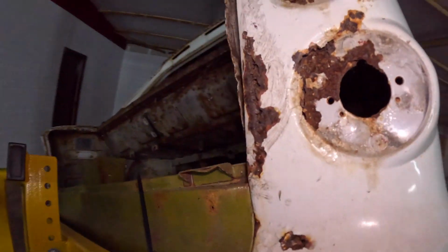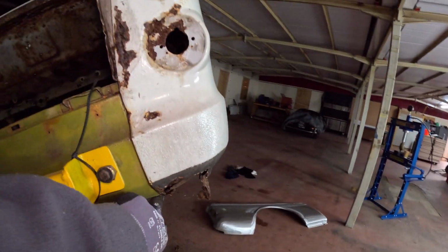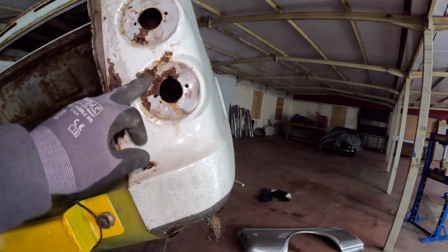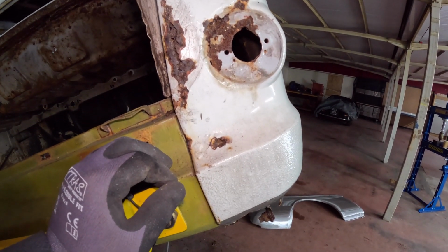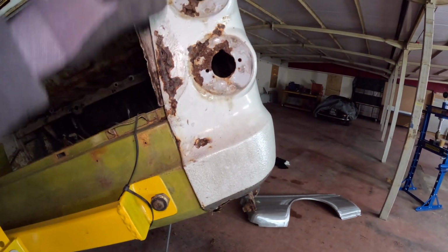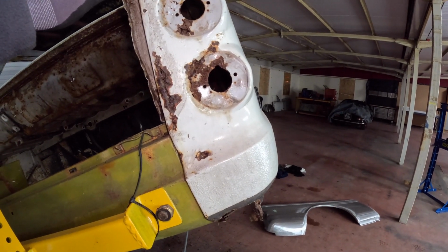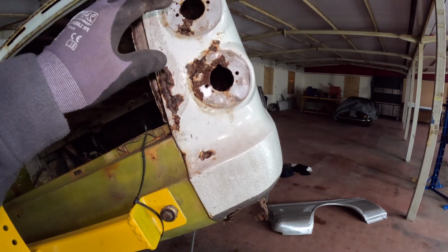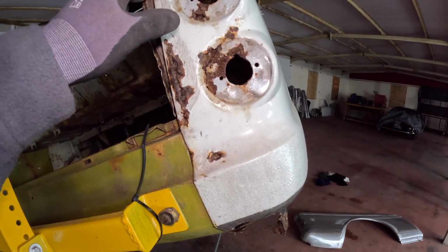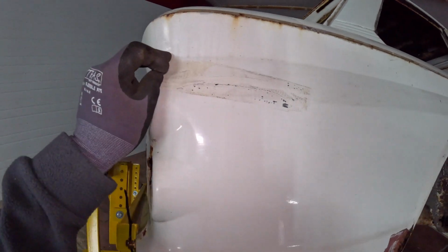And as we come round into here, once again we're spot welded down here, which when it comes off allows you to get to the inner skin and replace any rot in there. That you will see on my maroon chamois DDG 220C on helmetamp.org. You'll see this section at the back completely naked, and I literally had to cut away. Almost the lights were gone and I had to make that section on the inside. You'll see it later on how it's built up, but if you want to see it missing and rebuilt, there's that there. But to fit this panel, your only main cut is one straight line